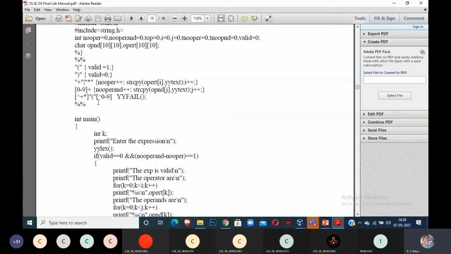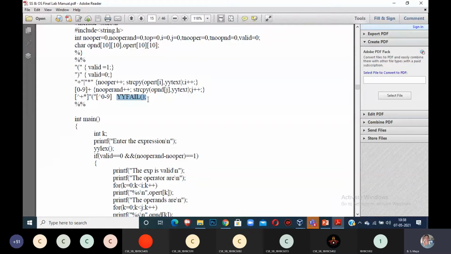If we get these types of inputs, then I have to call an error function. YY_fail is the user defined function. A built-in function is also available. YY_fail directly gives the standard error. If you want to define your own error message, you can define it in the user defined function called YY_fail. You can write whatever statement is required. Okay, this is for the rule section I am maintaining to match whether the given expression is valid or invalid. I am just recognizing what is an operator, what is an operand, and what is not a string.